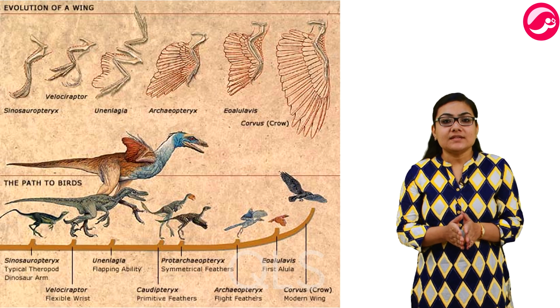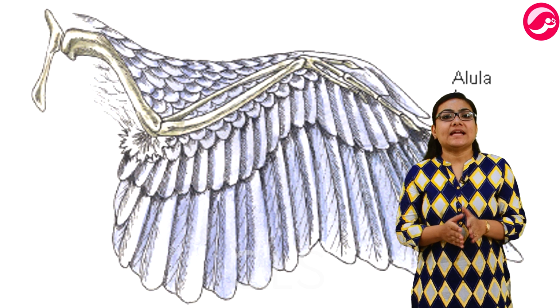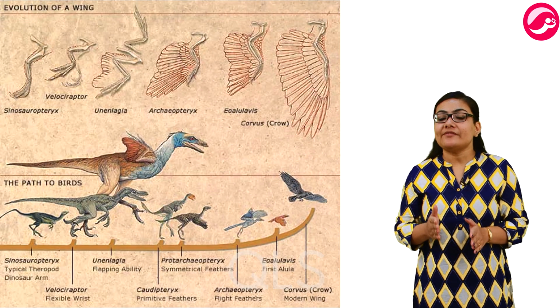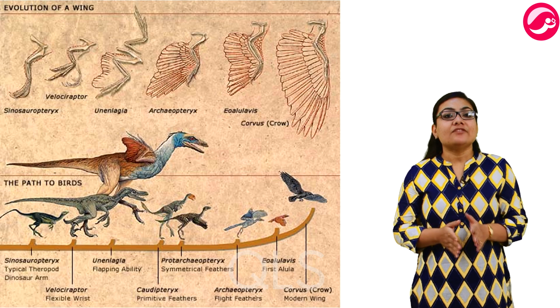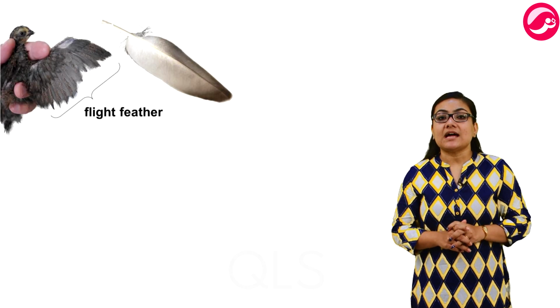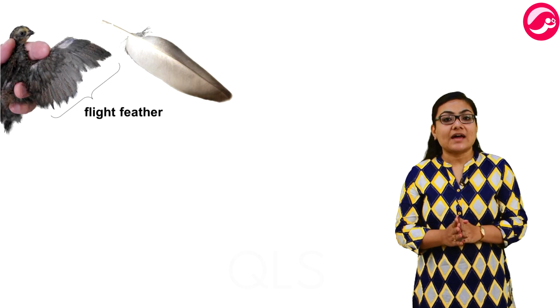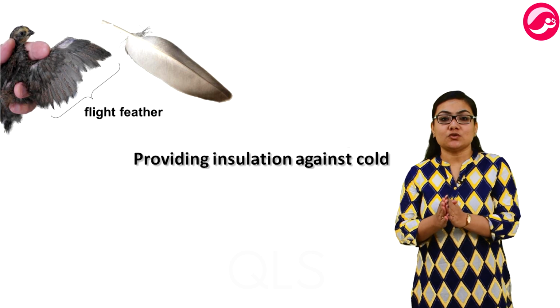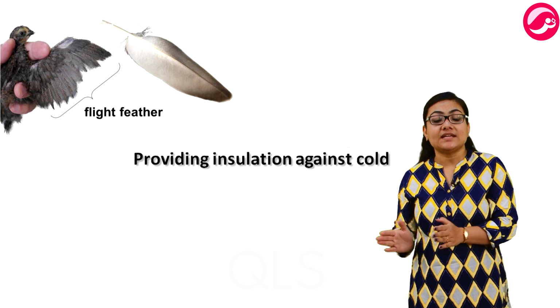Again, wings in birds are an important adaptation for flight. But the feather-like structures initially formed in primitive birds would have had no advantage in flying. Then why did nature select the early feathers? The answer to this question is that these features would have had some marginal advantage, like providing insulation against cold, and hence they were selected by nature.